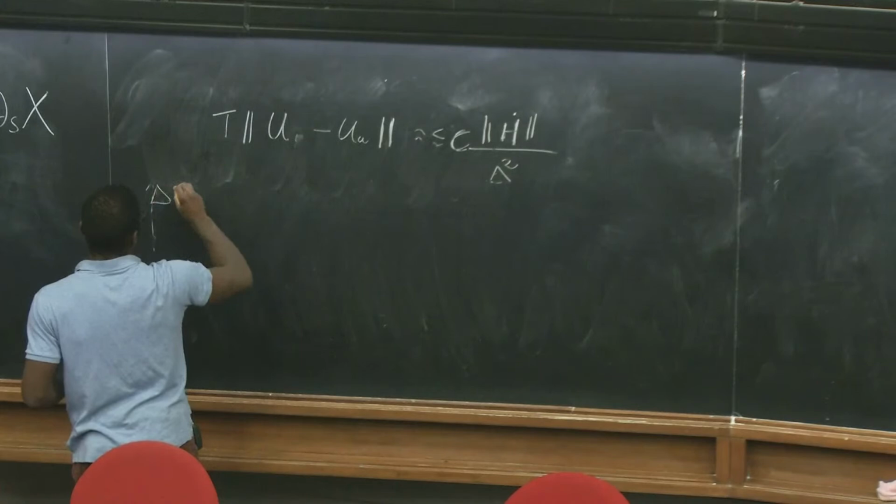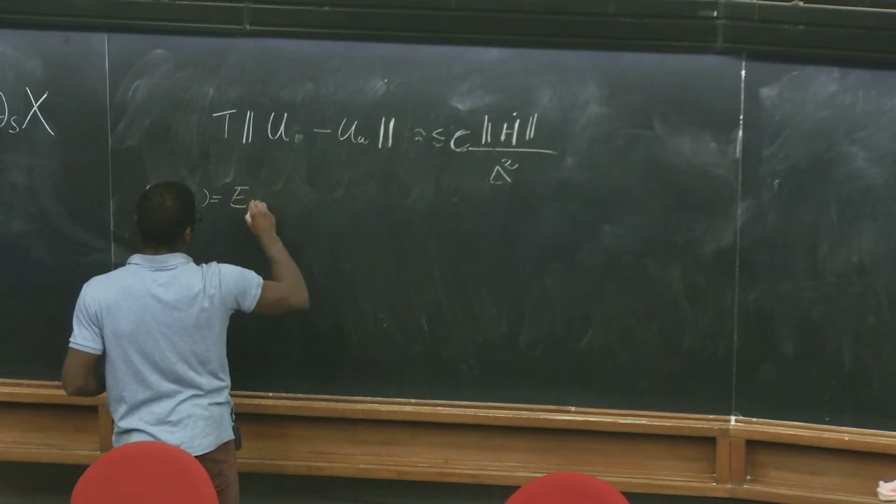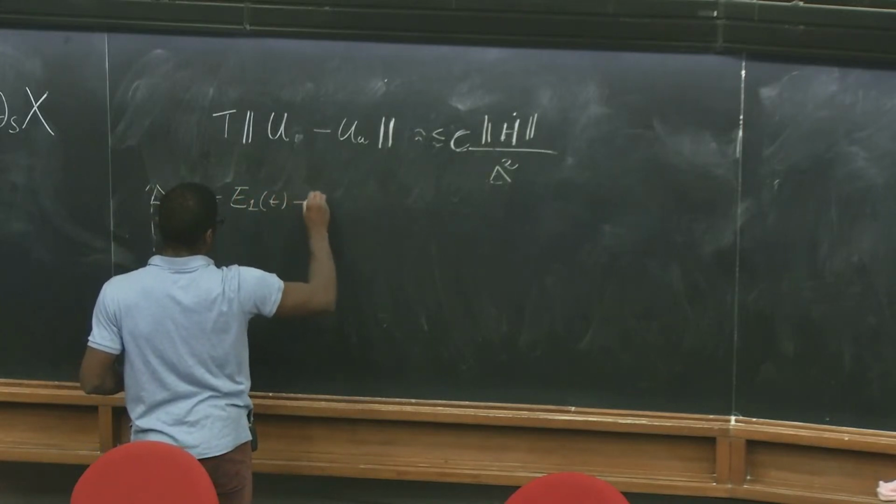Let me write it here and I'll then draw it. It's going to be E1 of t minus